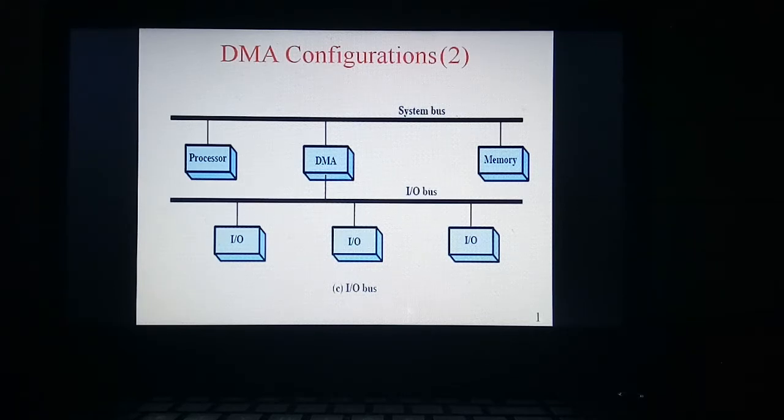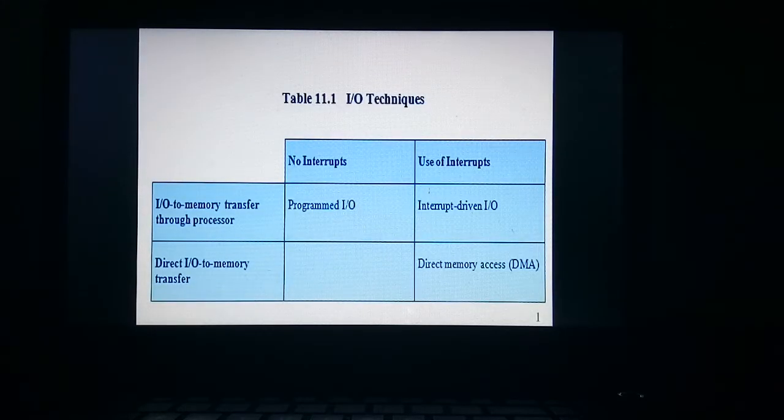Now we want to see the IO techniques. What are the IO techniques? Basically we are interested in the data transfer from the IO to the memory. It can be done using the processor or without using the processor.